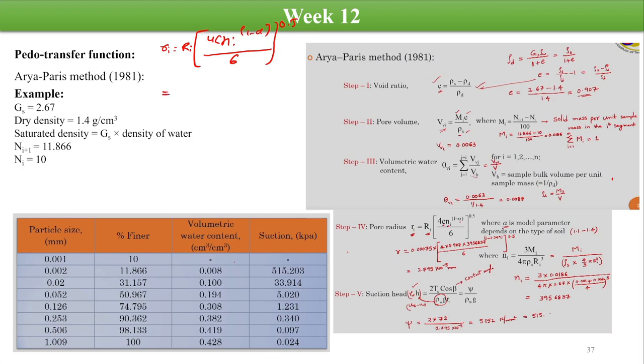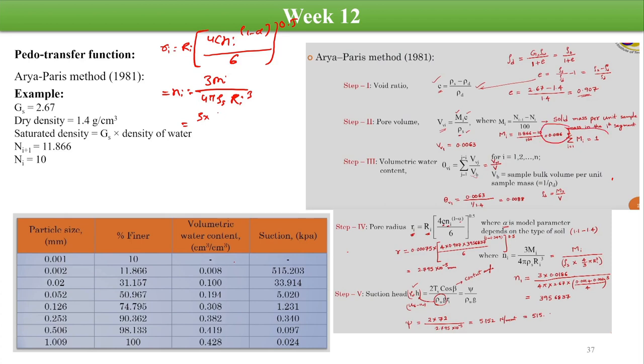The capital R is going to be the average particle size that we can calculate here, and before that we will calculate the value of Ni. This number Ni is given by 3 times Mi, which we calculated earlier, upon 4 pi rho s r1 to the power whole cube. The 3 times Mi is nothing but what we calculated here,